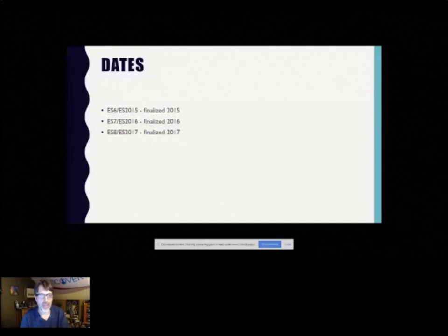So the last update for ES 2017 was about 2 months ago. I will say, from my understanding, a lot of these specs in terms of what has changed are smaller going from ES6 to 7 to 8. So it's not like a huge change like it was from 5 to 6, at least in my opinion.